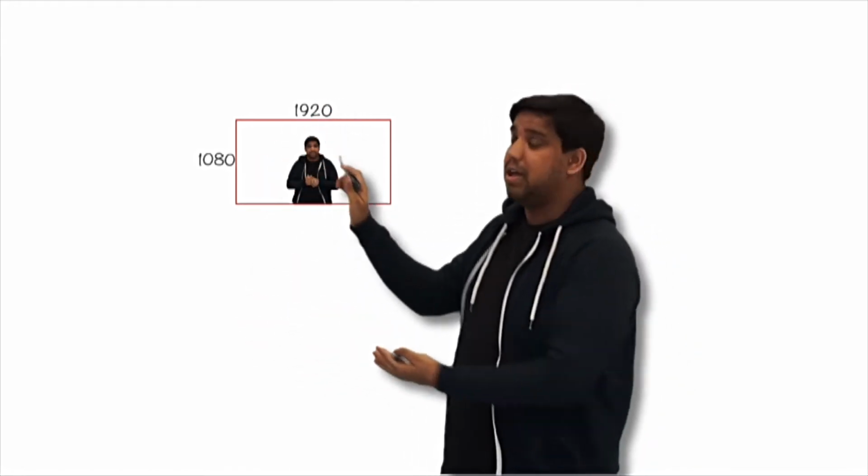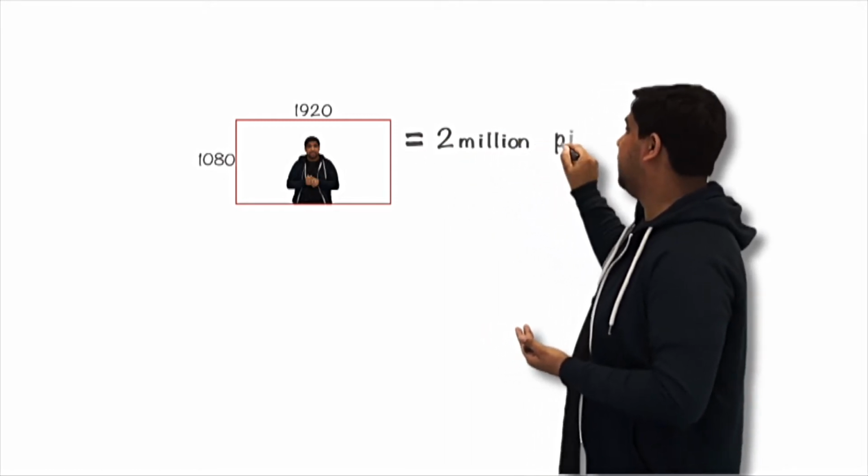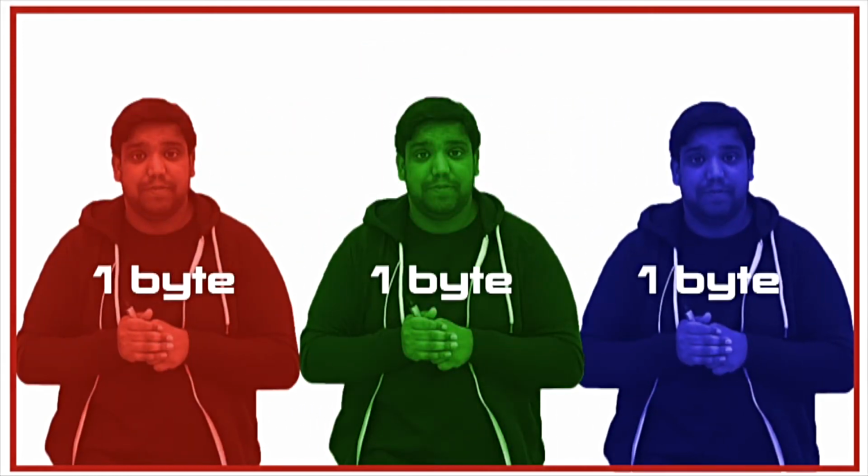Now, if you have a screen with that resolution, that means if you multiply those two numbers, there are around 2 million pixels at any one time on the screen. Each of those pixels needs a color so that you can see them, and together they make the frame of the video that you're watching. Let's say for each pixel you're going to need 3 bytes to represent the color: 1 byte for red, 1 byte for green, 1 byte for blue. So we multiply by 3, and we've got 6 million